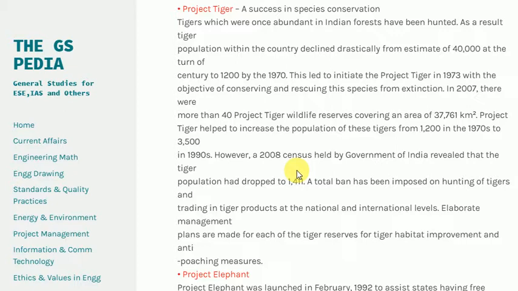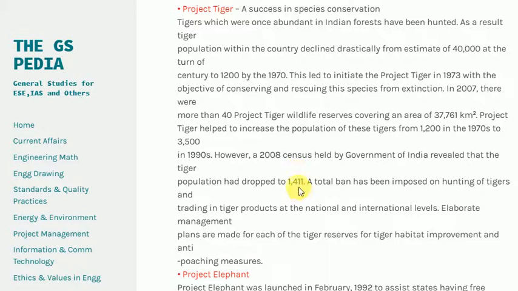In 2007, there were more than 40 Project Tiger wildlife reserves covering an area of 37,761 square kilometers. Project Tiger helped to increase the population of these tigers from 1,200 in the 1970s to 3,500 in the 1990s. However, a 2008 census held by the Government of India revealed that the tiger population had dropped to